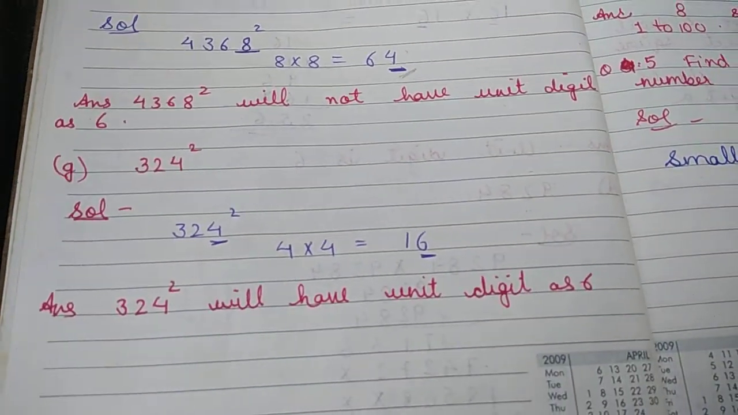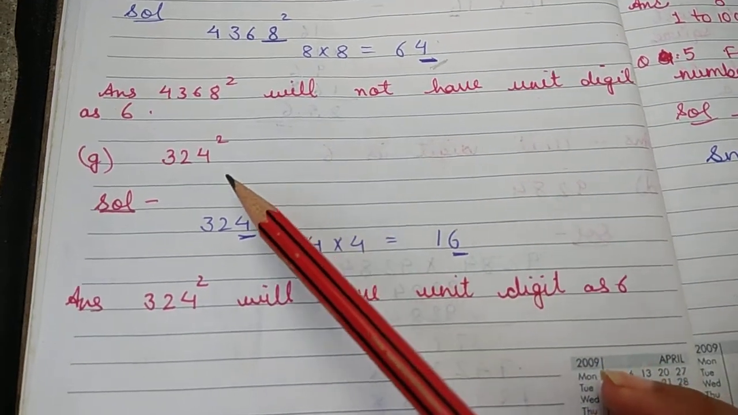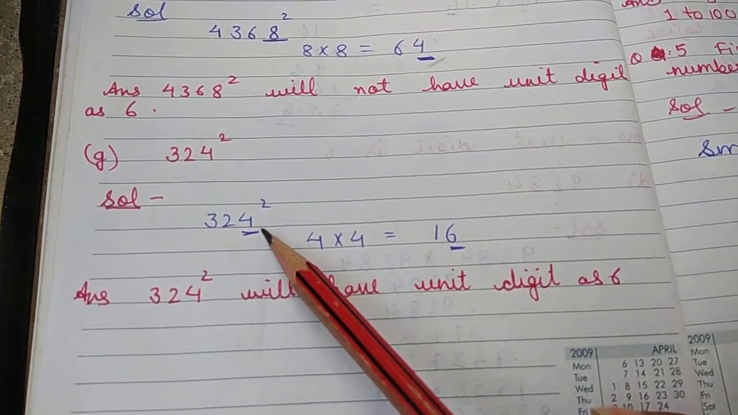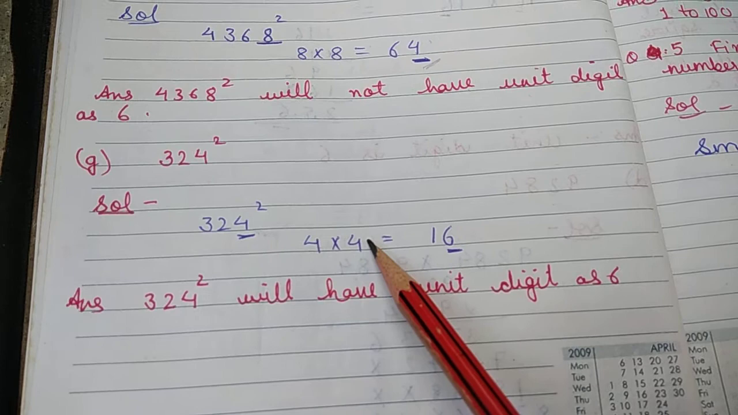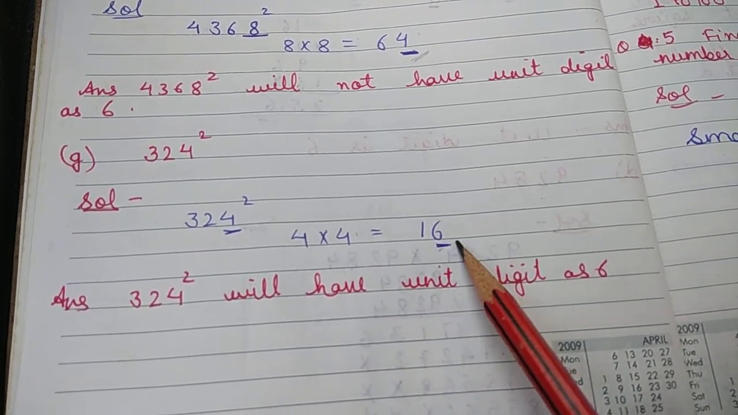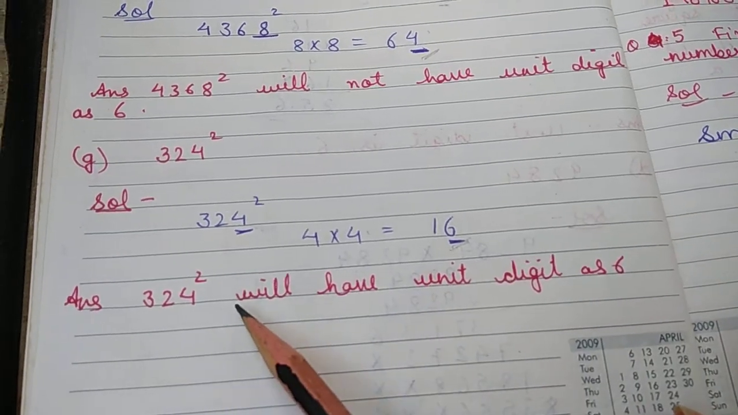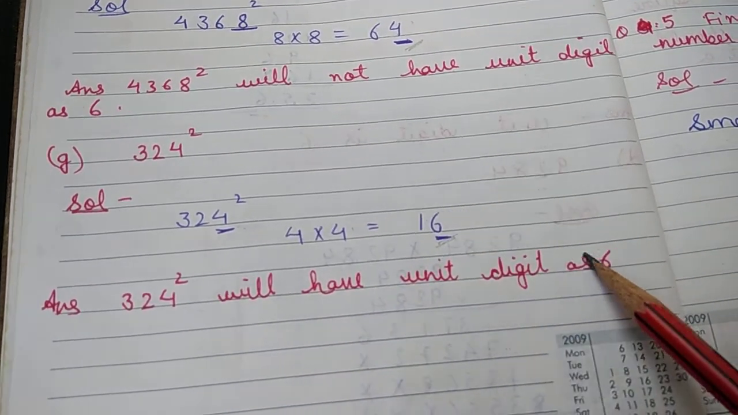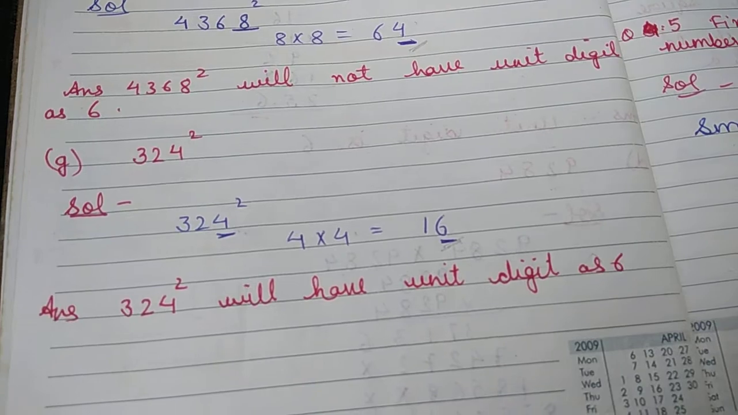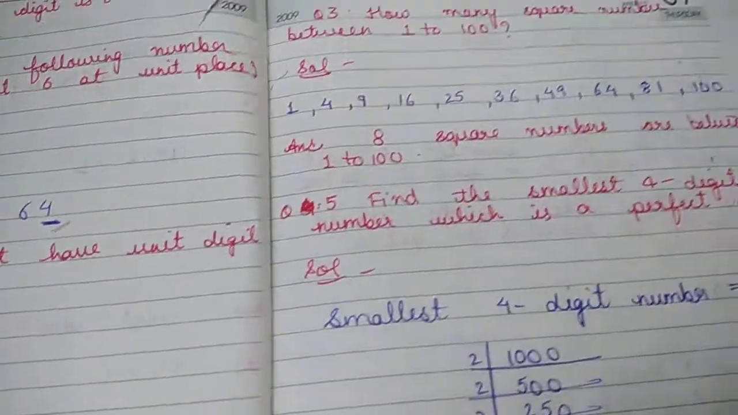Okay, next part is 324 square. So the last digit here is 4. So multiply 4 into 4. 4 4s are 16. Last digit in this product is what? 6. So 324 square will have unit digit as 6. Easy question. Moving on to the next